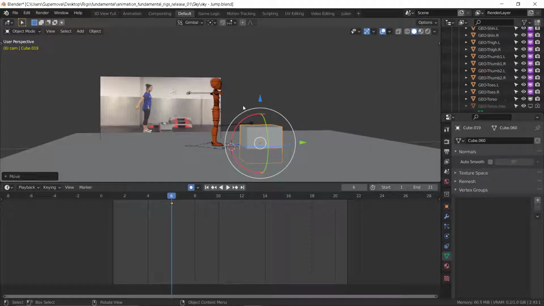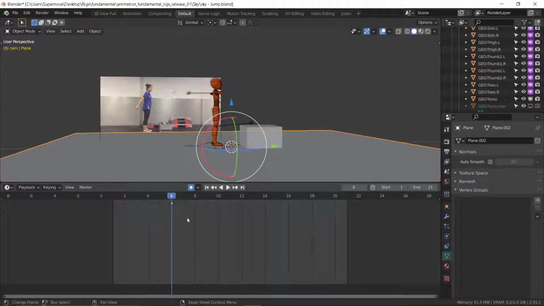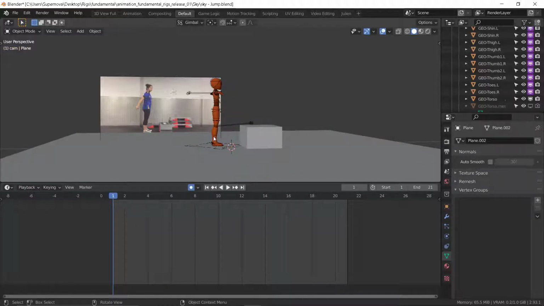Whenever you want to use reference to animate, I would advise, although some people prefer going straight ahead, but for me, I mostly love the pose to pose method of animating. So